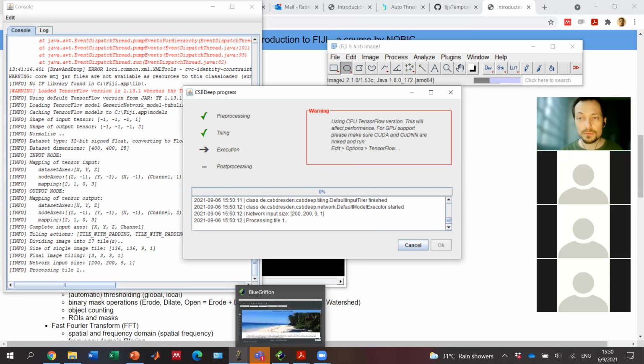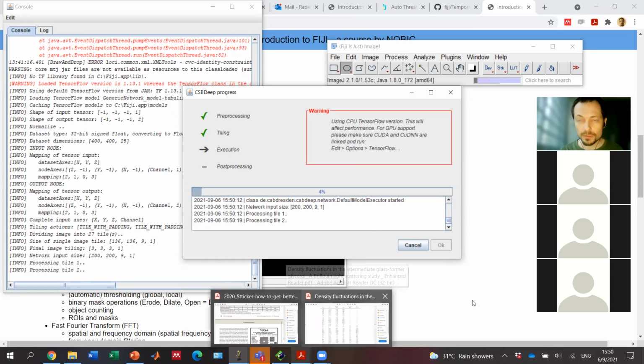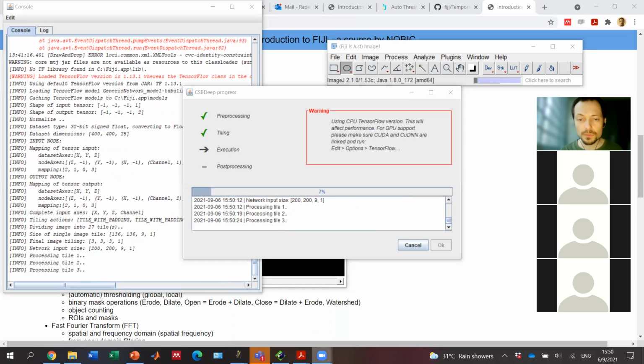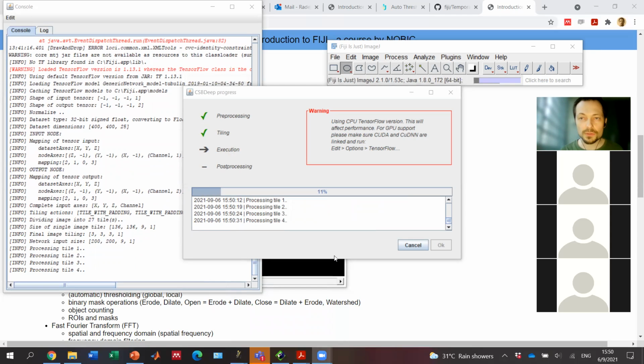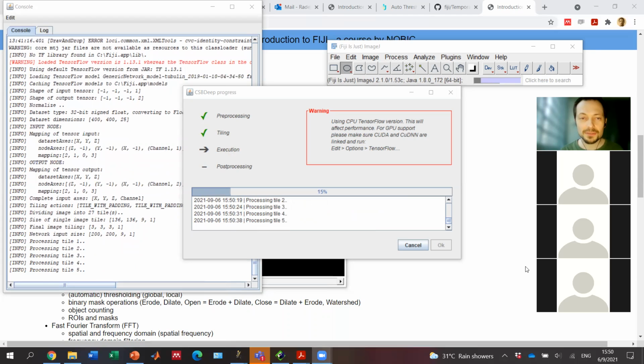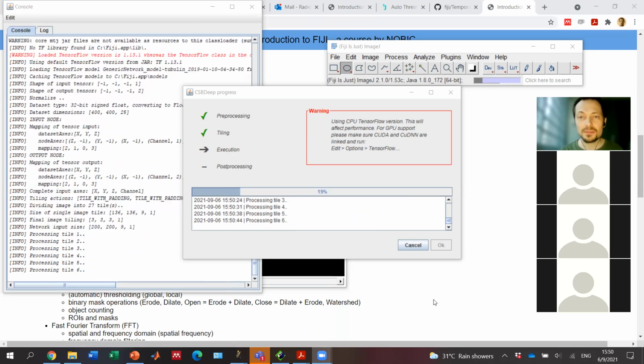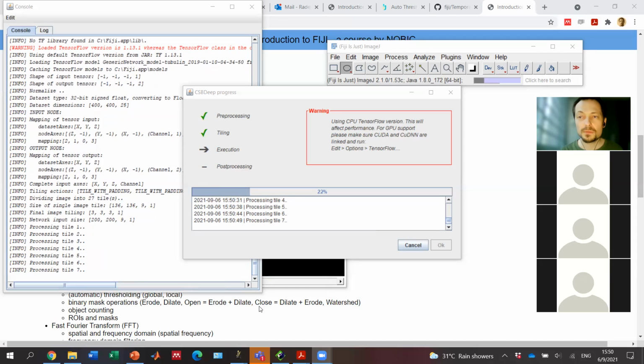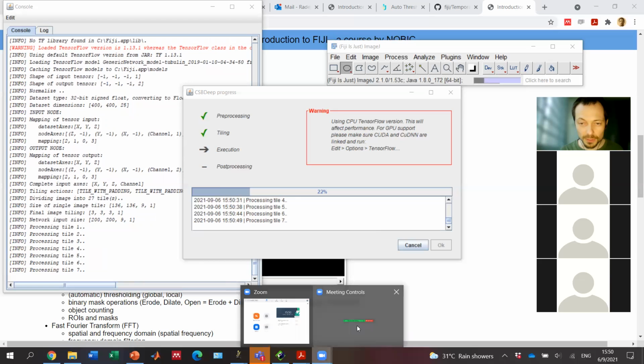Let's see if we have any long, maybe taking too much capacity. I want to see if there are any